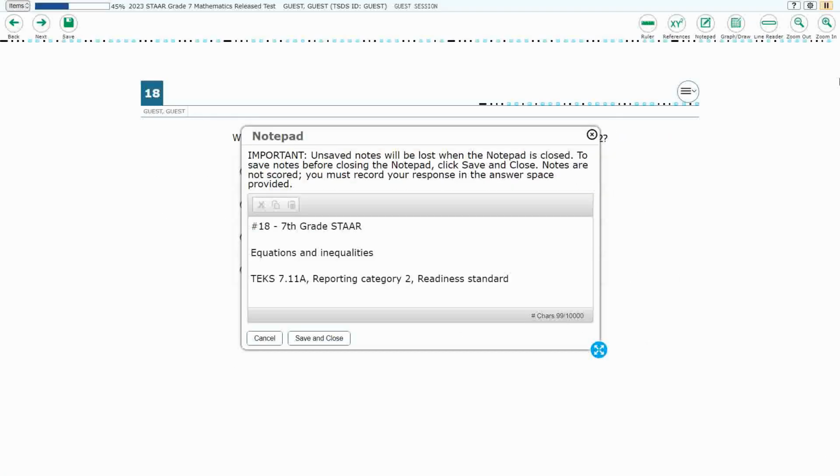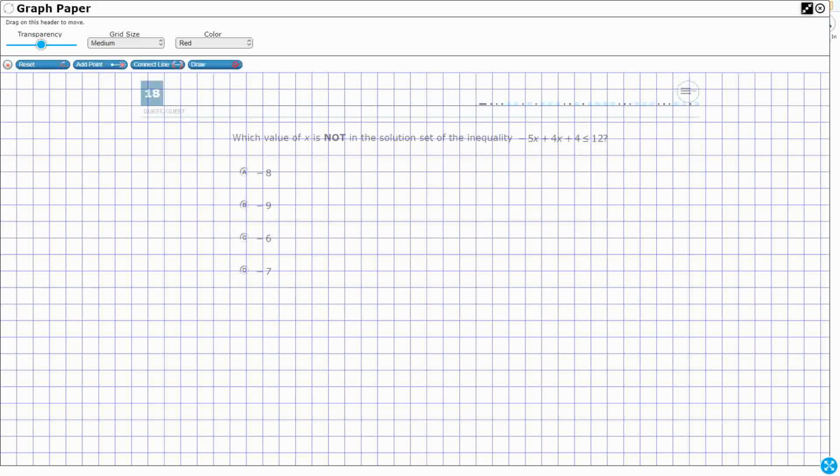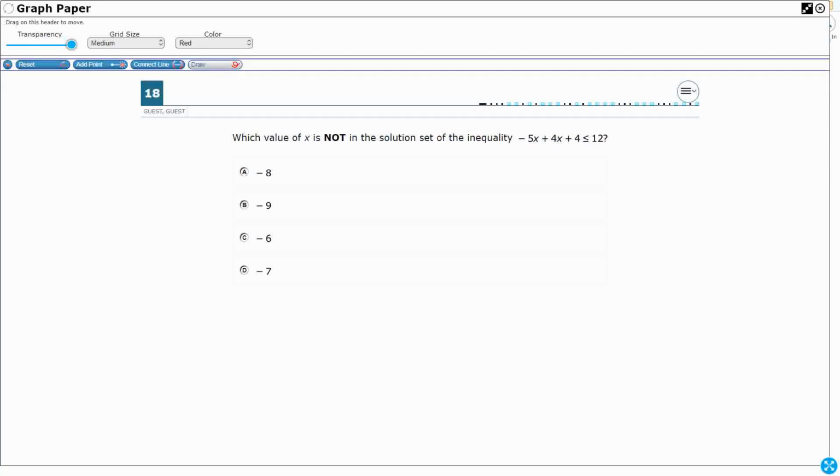For number 18, we are looking at equations and inequalities. This is a readiness standard, TEKS 7.11a, in reporting category 2. So we just need to find which of these is not in the solution set of this inequality, and we need to isolate that x. So what do we have here? Well, first off,